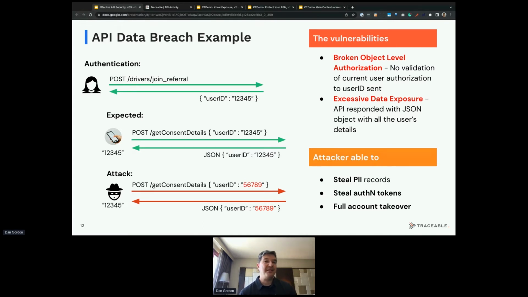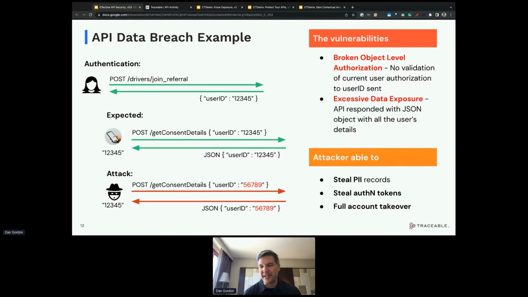But the byproduct of that is it's become very easy in our languages to do things like send the JSON object of the user along instead of picking out just what needs to be sent. And what that resulted in was the full object with the personal identifiable information being sent to a rogue client or a bad actor, rather than taking out the information that was not supposed to be seen and only using the information from that object, which was the expectation. So the attacker was able to steal personally identifiable records. They stole authentication tokens, and because of that had full account takeover.